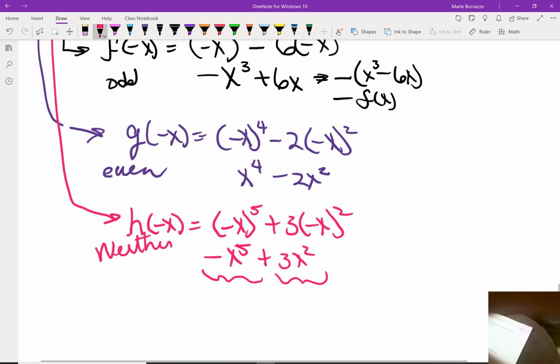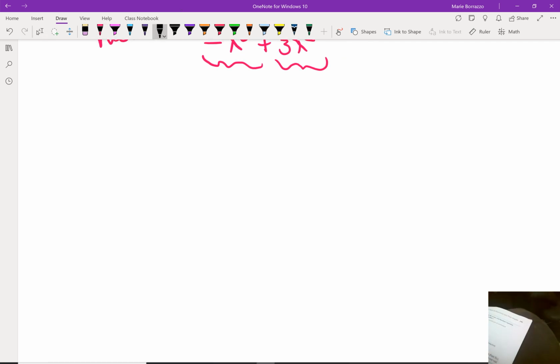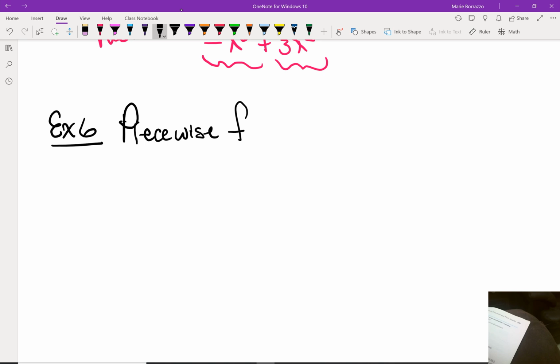Now, in example 6, we talk about piecewise functions. This one also tends to be a hotspot for students because you forget how to analyze things and you have to start with the inequalities themselves. So, in piecewise functions, what I want you to remember